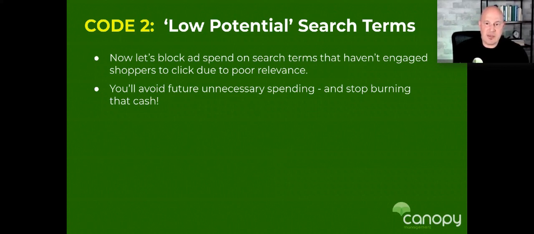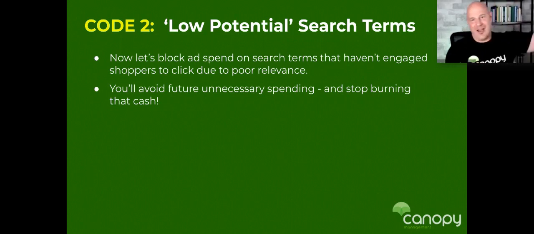Two is, it could be that the products that are coming back for the search term that came up in the ad have some variation about the product. Usually it's the price. Let's say you sell a $20 product and everything that comes back on page 1 is $9, $10, right? That particular search term, for whatever reason, Amazon really only wants to show to people who are looking for the discount product, the cheap product. And therefore, Amazon is making the mistake of showing your ad to an audience that's not ready to purchase your $20 product,